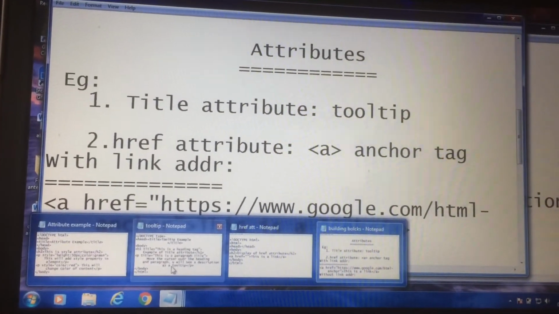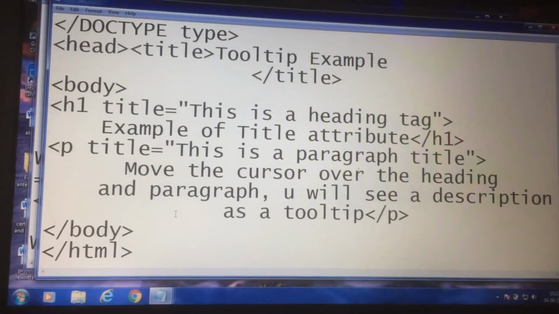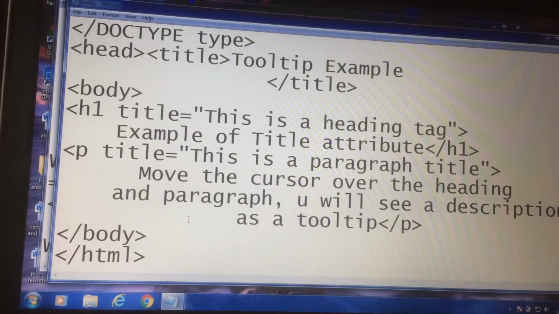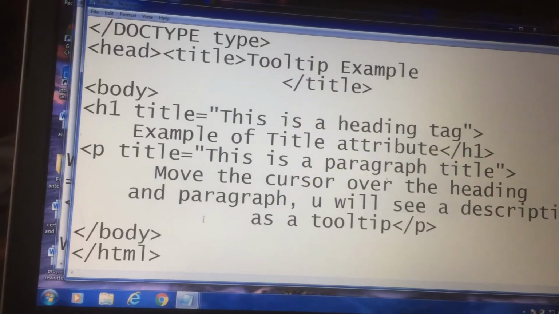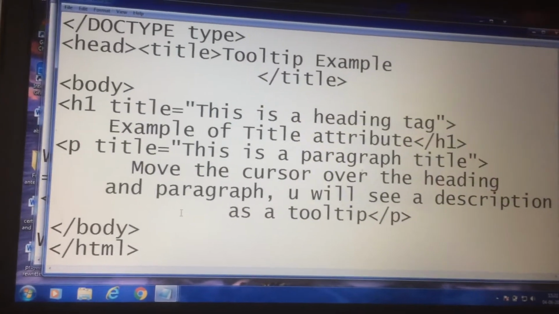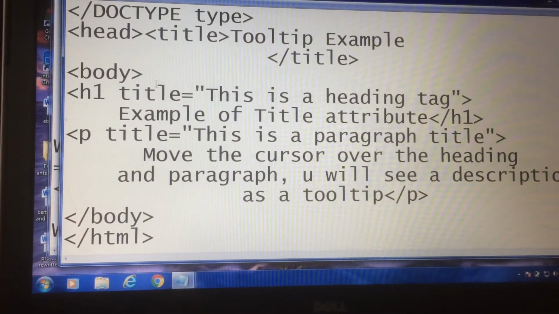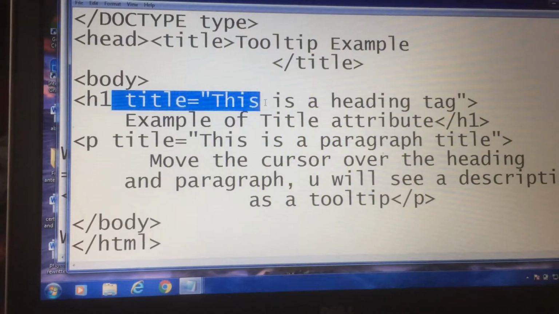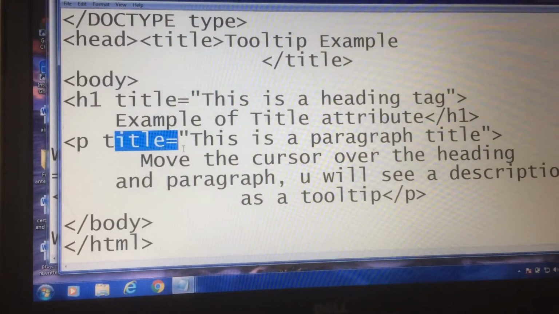So tooltip example. What will be the output for this program? I have given heading tag as title, this is a heading tag, and paragraph tag.